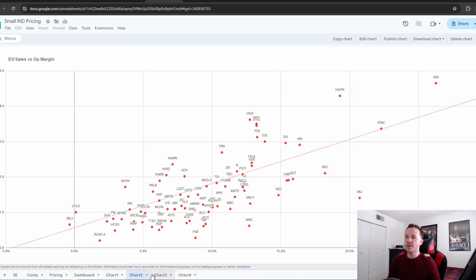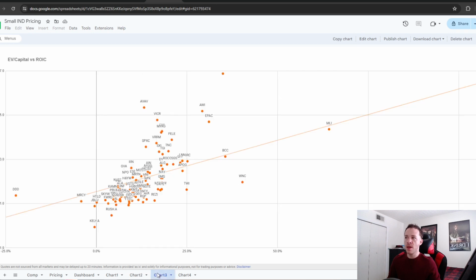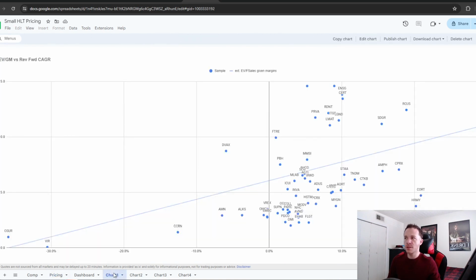Then for the second metric we end up using is EV to sales versus operating margins. Pretty solid positive relationship for this one as well. And then for EV to capital versus return on invested capital, a pretty solid positive relationship, also pretty solidly bunched up right here. Then coming over to the healthcare sector, we can see that the first metric we end up